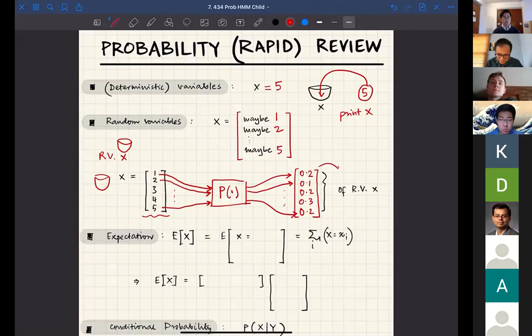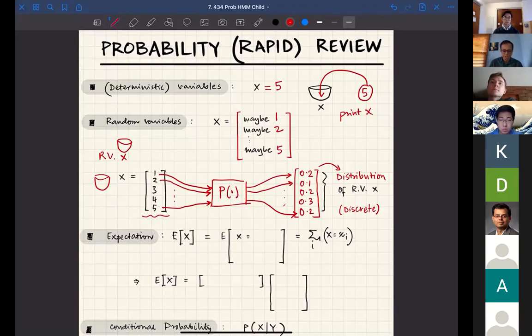This vector is called the distribution of random variable x. And of course, all this while we are talking about discrete random variables, not continuous. We don't have to worry about continuous random variables. We are in the discrete domain. Any questions thus far? I know you may not have looked at it this way, but if you're completely comfortable and happy with probability, you can stay where you are. But if you have struggled, maybe try to look at things this way.